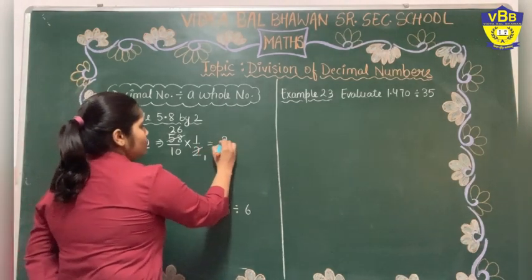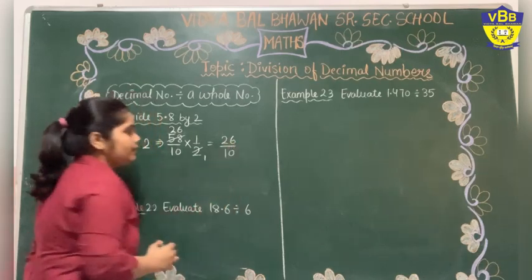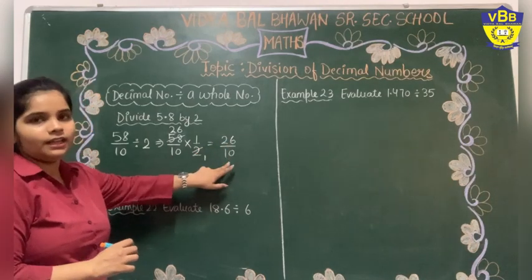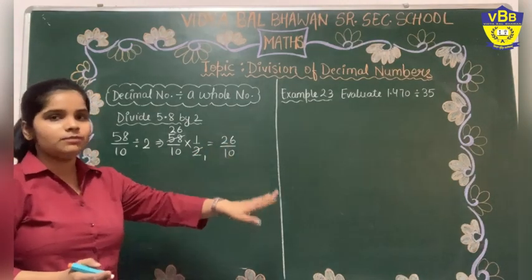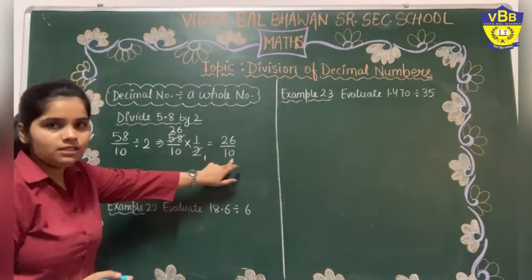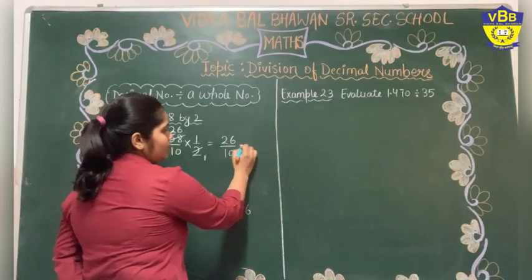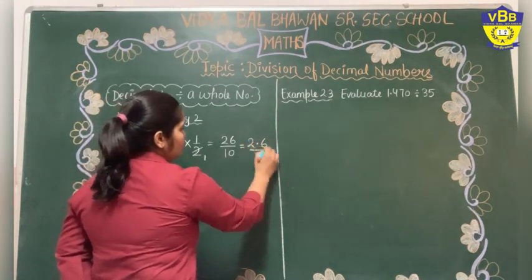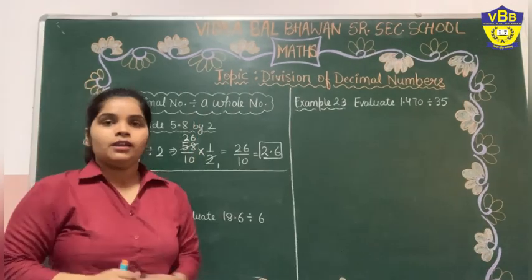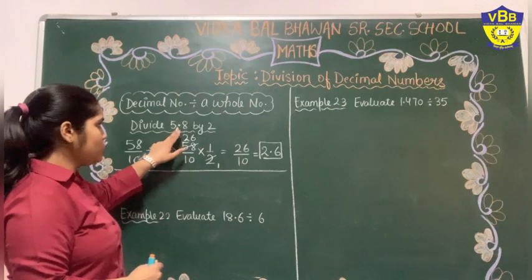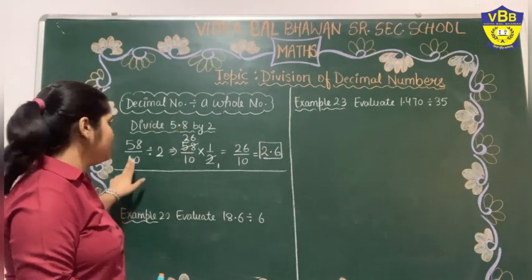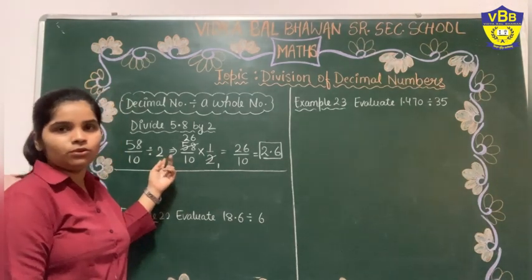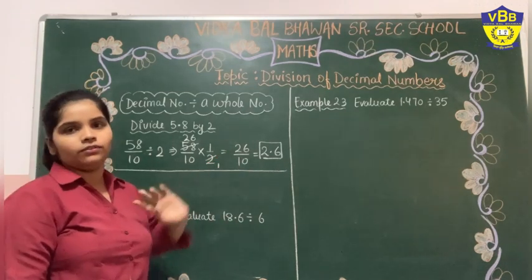Now this will become 29 divided by 10. You know this is the fraction 29 by 10. Change this fraction into decimal. The divisor is having 1 zero. So we will place the decimal after one decimal place in the answer. That will become 2.9. This was the first method, that we have changed 5.8 as a fraction 58 by 10 and then did the division. To divide the fractions, we take the reciprocal of the second number and then solve.